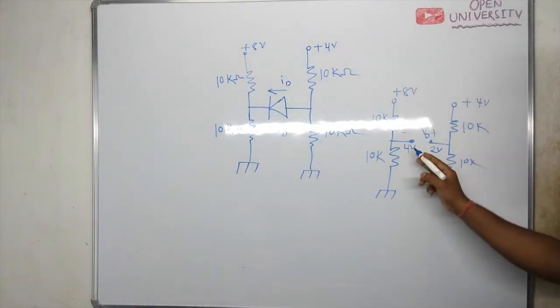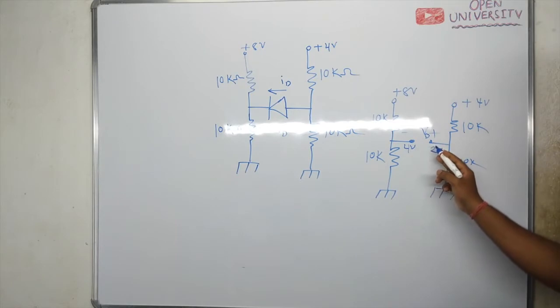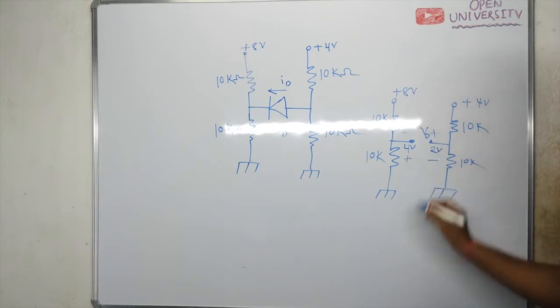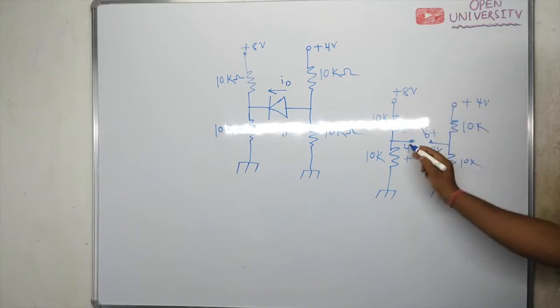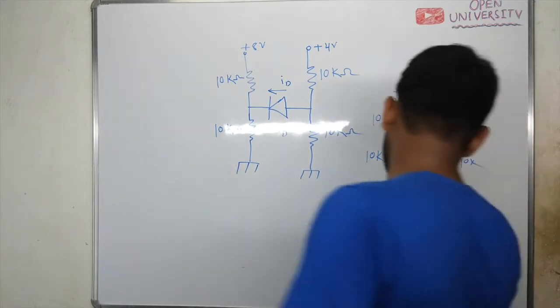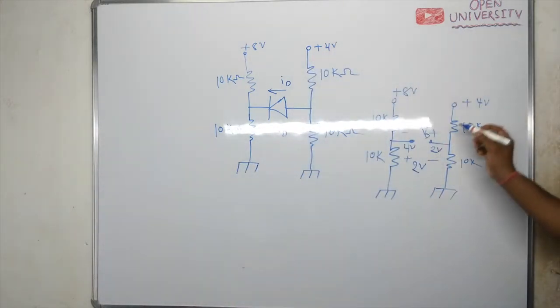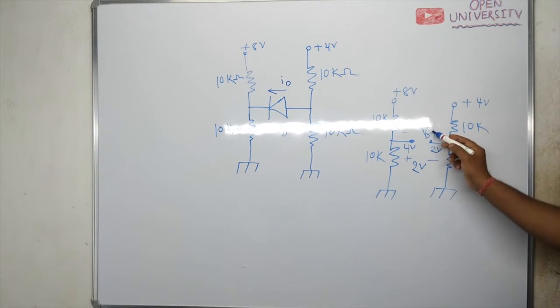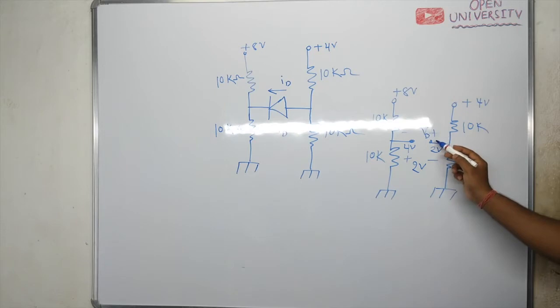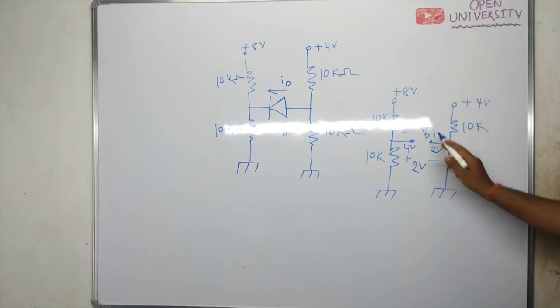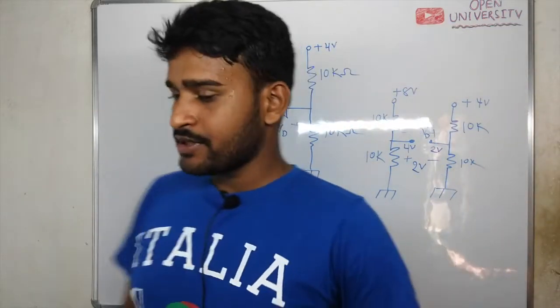So if you open circuit this diode, then calculate the voltage across the diode VD. So this voltage is 2 volt, this voltage is 4 volt, and this voltage is 2 volt. Tell me what is the voltage across this open circuit? 4 volt minus 2 volt, that is 2 volt. But it is asking what is this VD? Positive sign towards this side and negative sign towards this side. So what will be the VD value? It will be minus 2 volt.